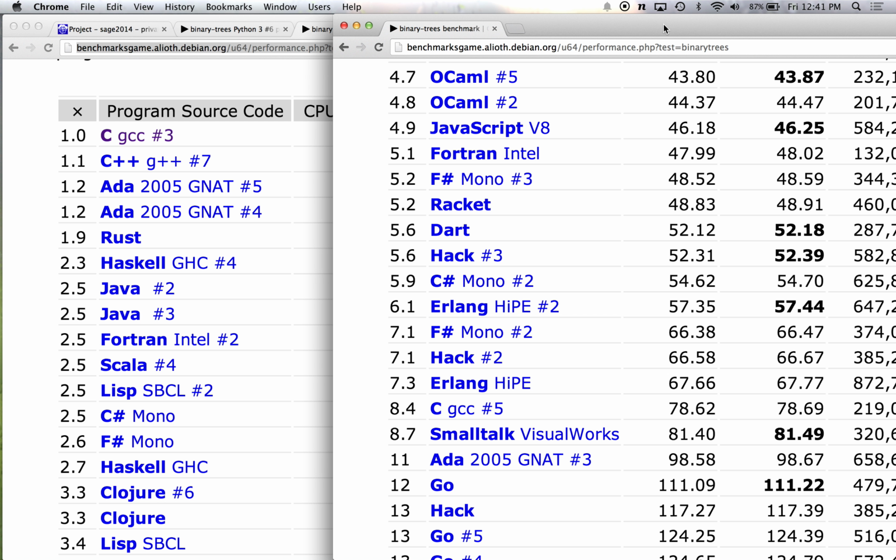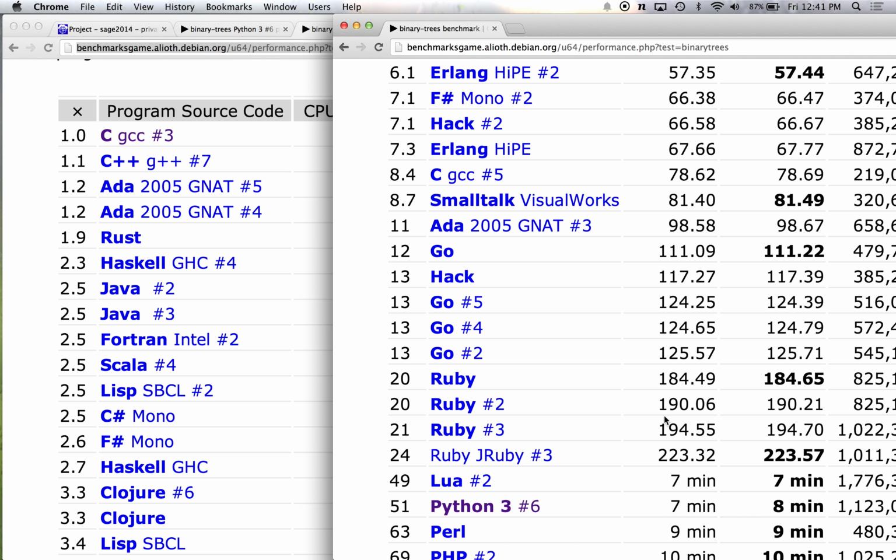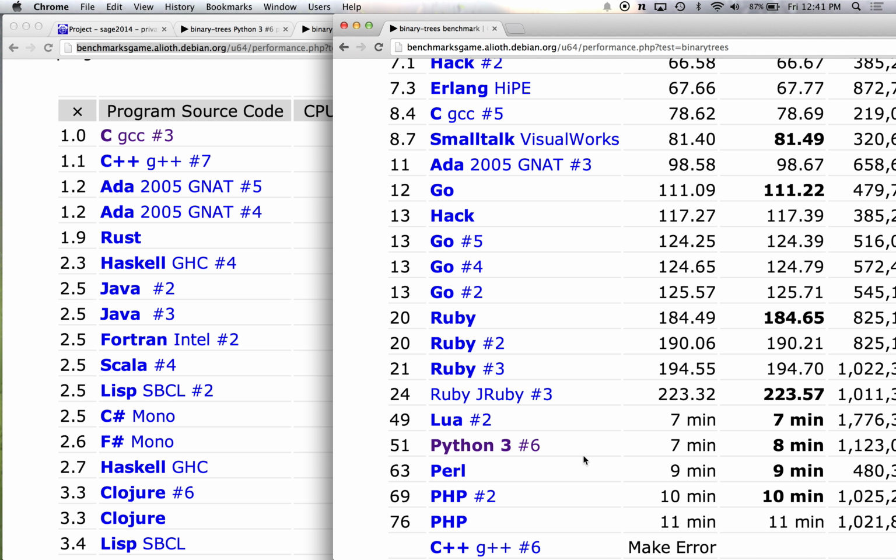Fortran maybe should, but in any case, C actually wins everything, or almost everything. Java's close by a factor of 2, and that's pretty typical. Then if you go down, surprisingly, JavaScript is quite good. It's like 5 times the speed of using C. But then you get way down there to Python, which isn't even shown so far. Even past Ruby, amazingly. And there it is. And that's kind of worrisome.